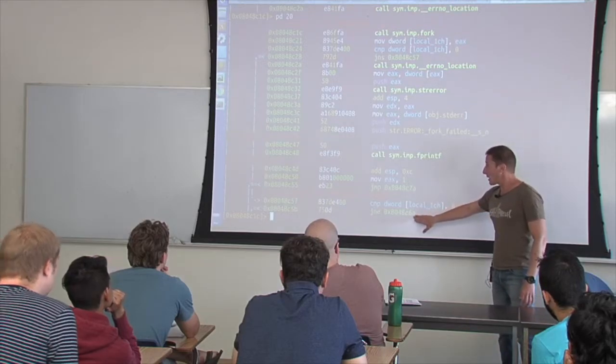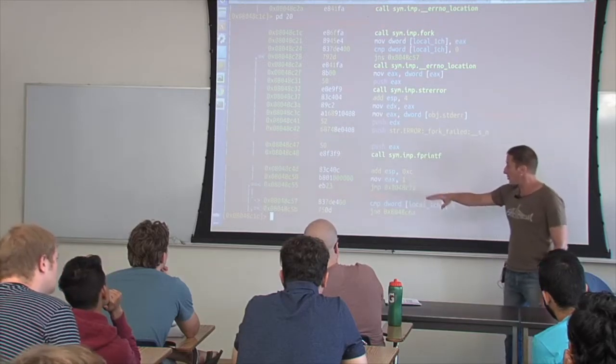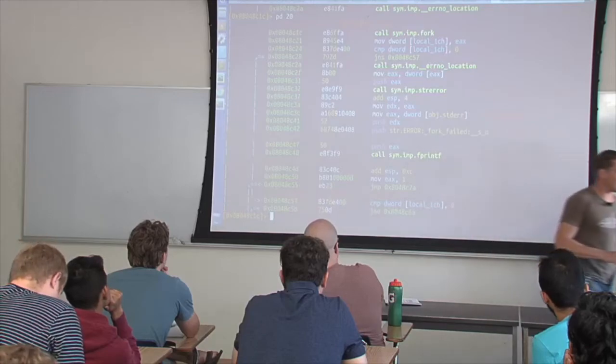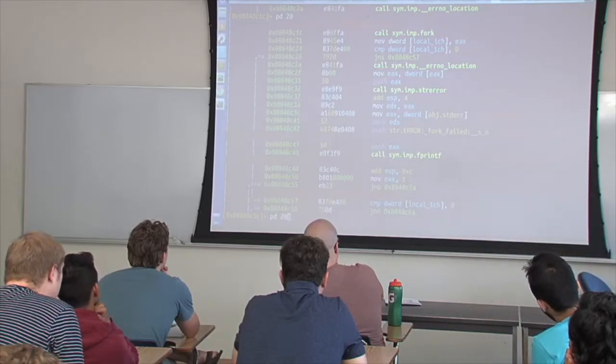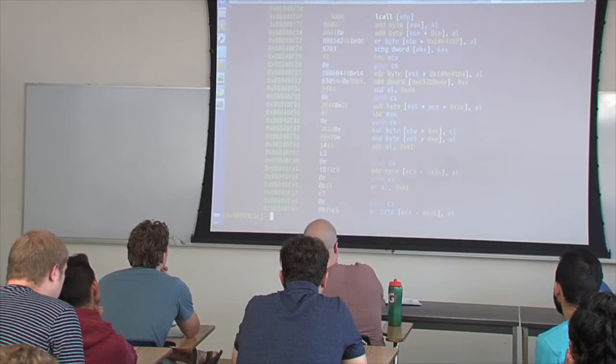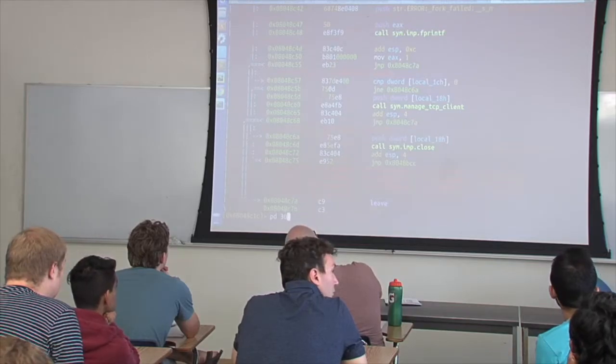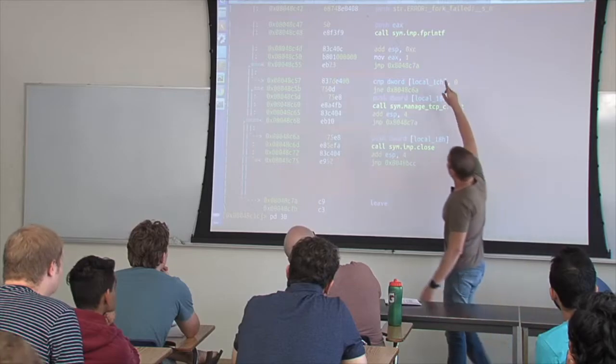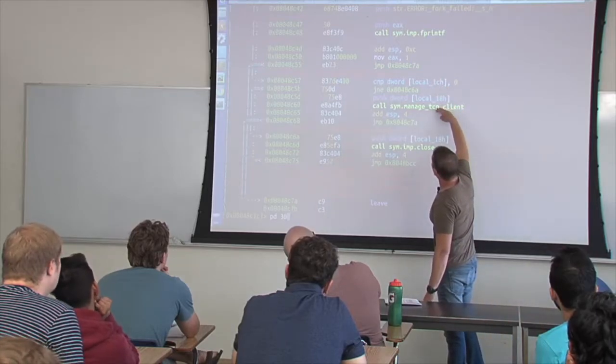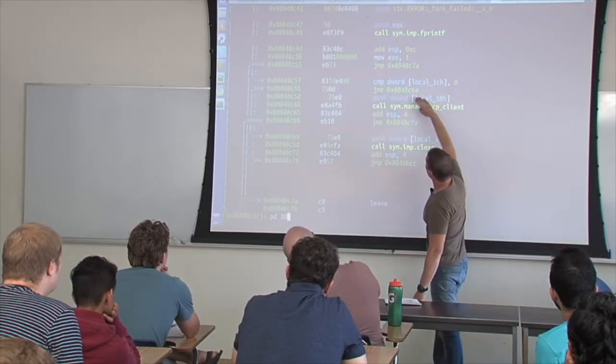And if they're not equal, they will jump to this address. Let's go a little further. For example, let's do 30. Oops, that's way too many. Not enough. Yeah, here. And you can see that it checked if it's 0, and if it's not 0, okay,